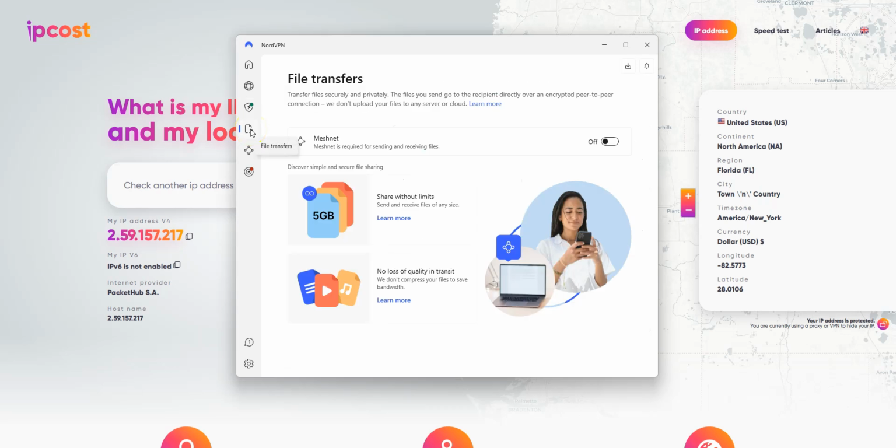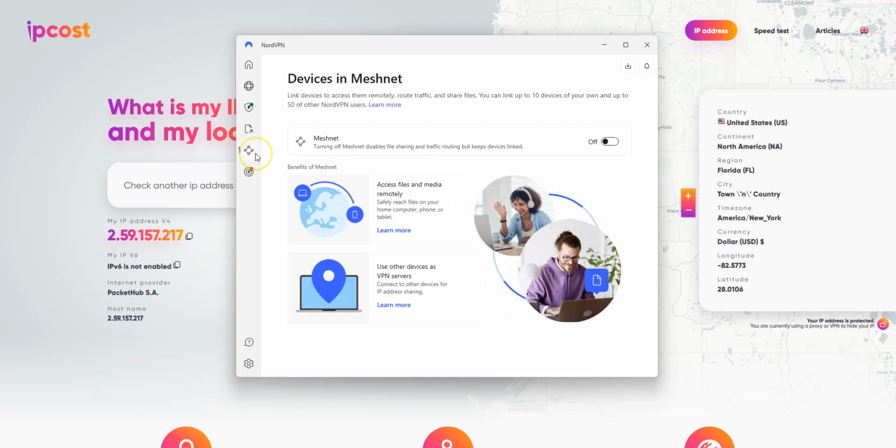With file transfers, you can securely and privately send files. The recipient receives them directly via an encrypted peer-to-peer connection. You must enable MeshNet to use this feature. Speaking of MeshNet,